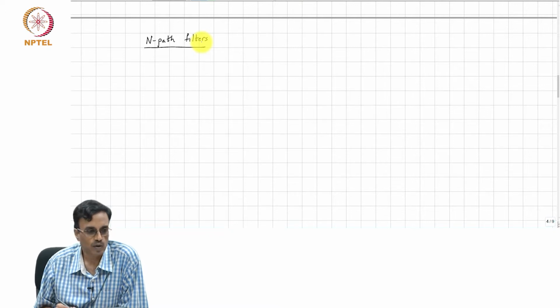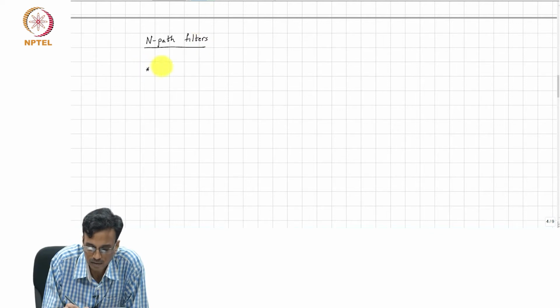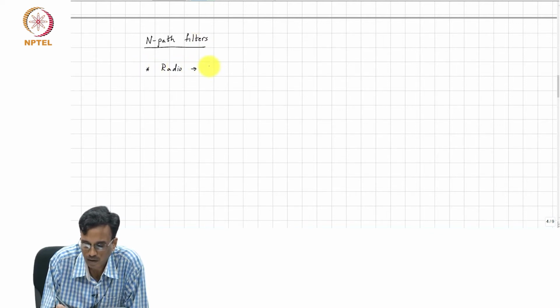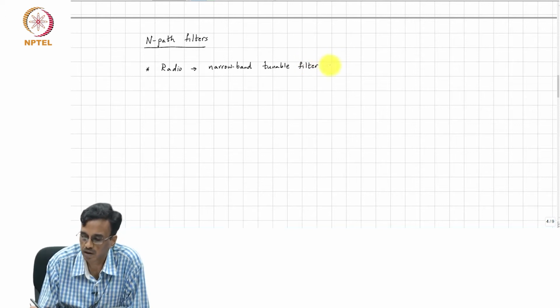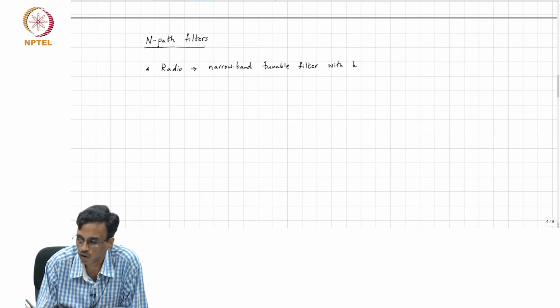Remember, a radio is simply a narrowband tunable filter with low noise and high linearity.